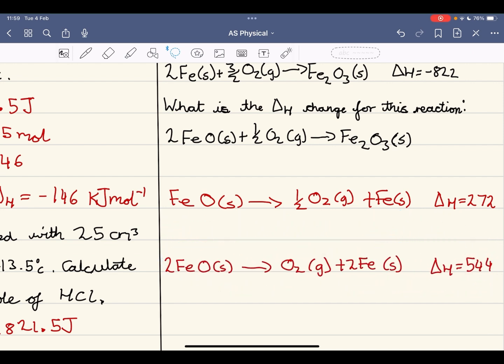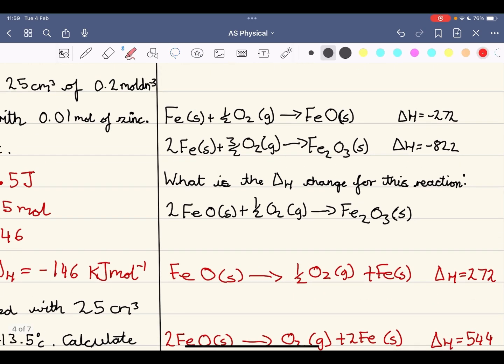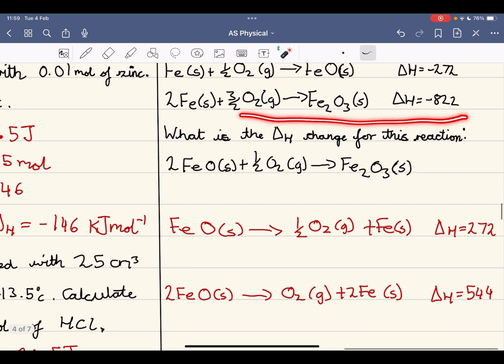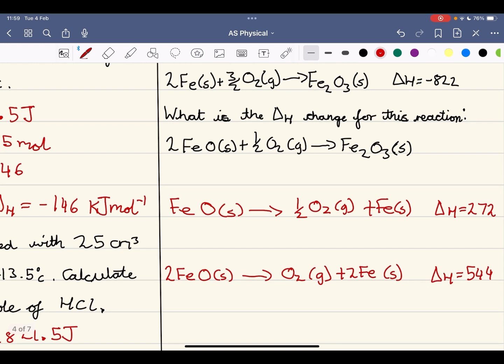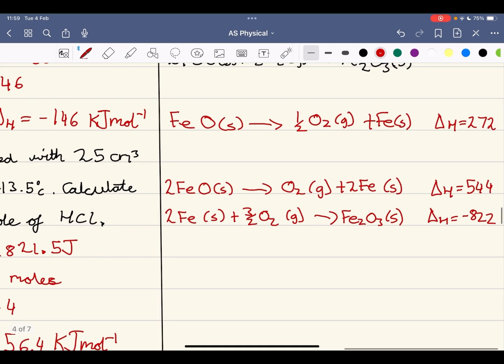So this is our top reaction here, just written in a different way, and then here I'm going to bring that down as well so that we get... Now if I add these 2 equations together, what's going to happen is that